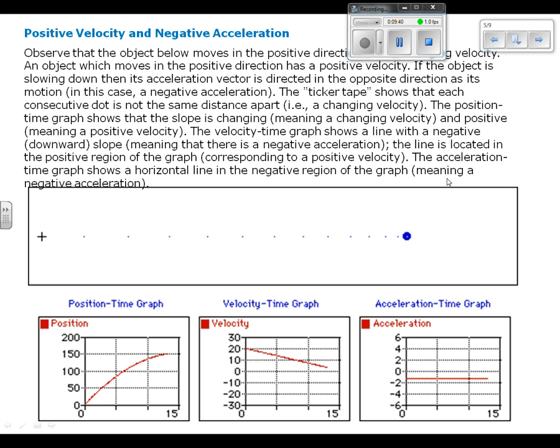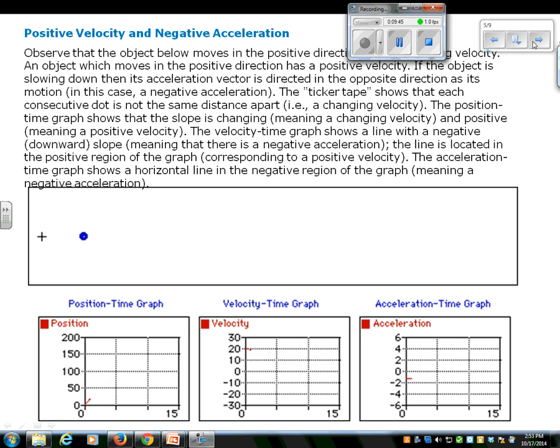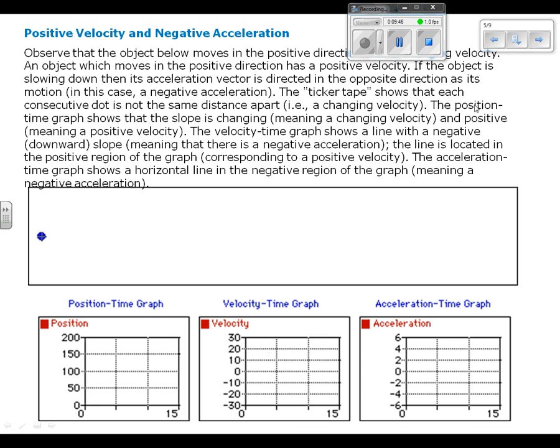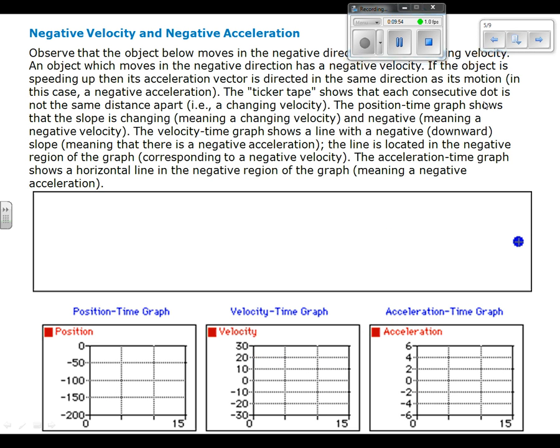What's the next one you have? Negative velocity, negative acceleration. That was the one we just did. Now, again, the signs are the same, both negative, so that means the object is going to